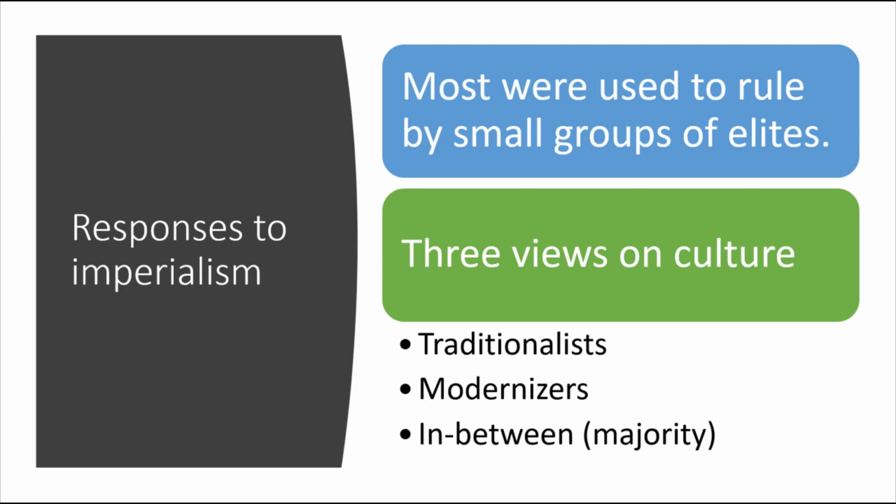There were three views on culture. We have traditionalists. Those are people who were desperately trying to hold on to the cultures and traditions that they had established and obviously long held before Europeans showed up. Then you had modernizers who were extremists too, who basically felt like the ways of the old traditions were useless and they needed to modernize as much as possible. Some people believed that by modernizing, you could embrace the new cultures and advantages that were superior to your own, and then somehow use those to fight the whites and the Europeans to get them out of your country later on.